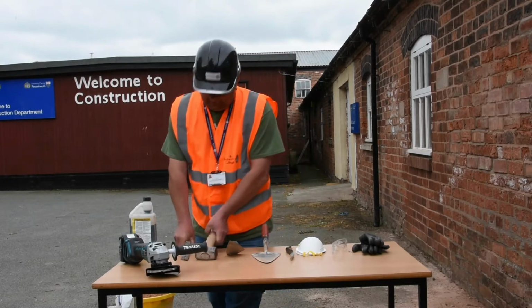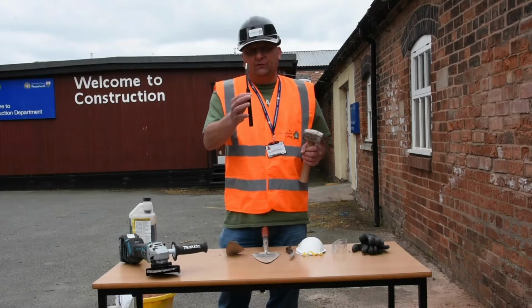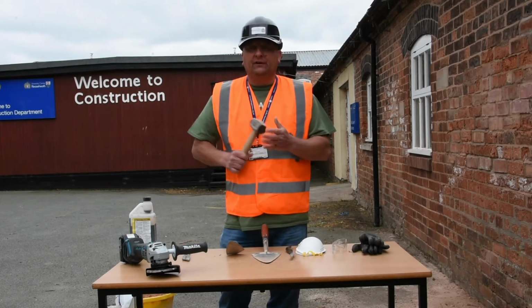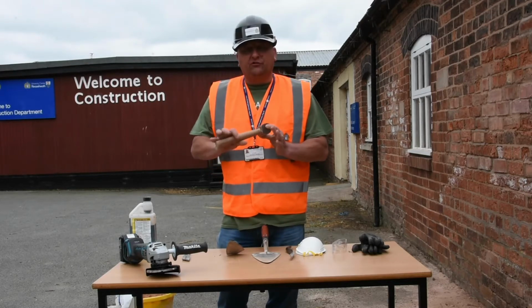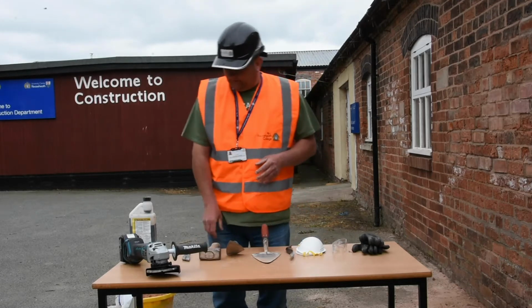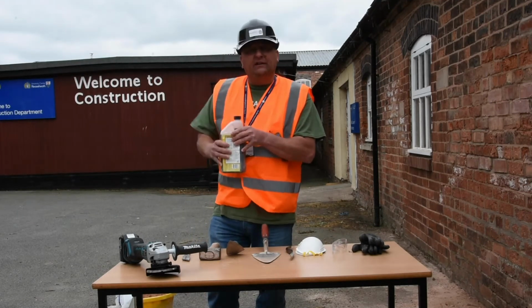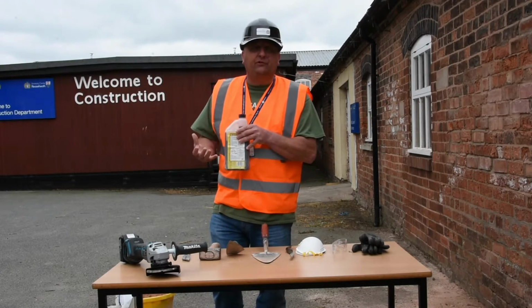And also you're going to need a plugging chisel, which if you've watched the repairing brickwork video you'll have already seen, but I'll go over it again. And also a lump hammer, club hammer, and this is a £3 one. It's not too heavy. If you're going to be doing a lot of knocking, the last thing you need is a really heavy hammer to be wielding all day long. This is some additive for the mortar, and again I've already done a video on mortar mixing, so you can check on the website and see what this is used for and how to produce a decent mix